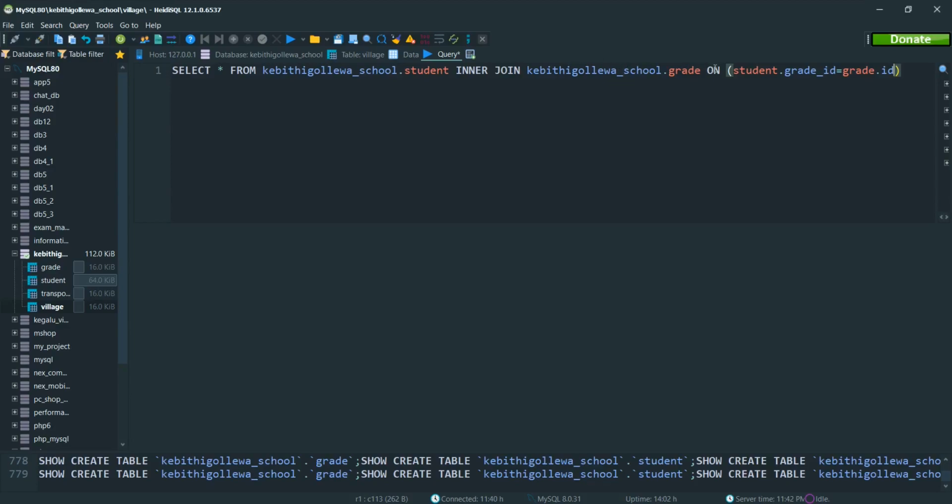So here we have joined the student table and the grade table based on this condition. The grade ID of the student table should be equal to the ID of the grade table, and